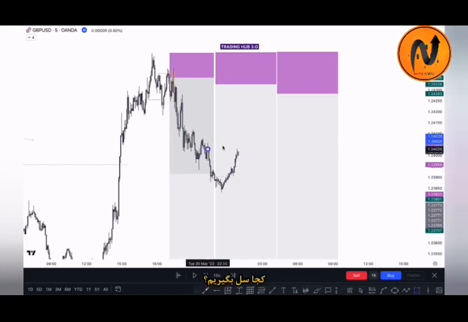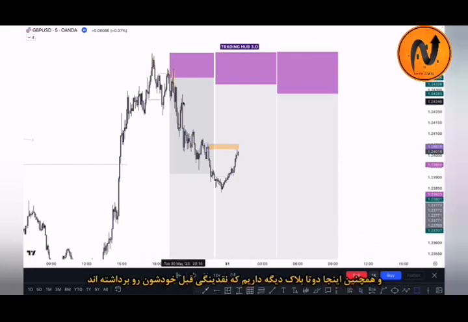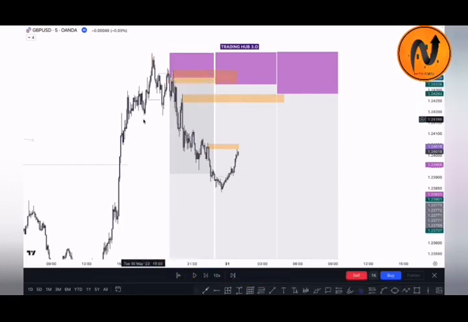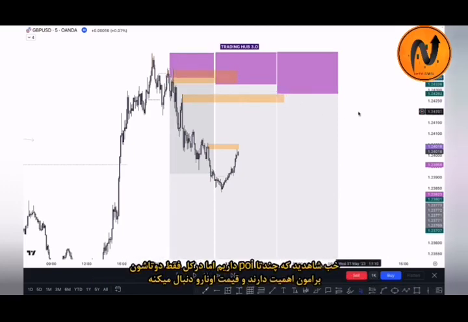Where can you sell? You can sell here, right? This is the first unmitigated order block here. You can sell here. Where is our next? This one has taken out the liquidity here, right? And this one is also possible, right? So basically we have multiple POIs here. When you have multiple POIs, as we know,